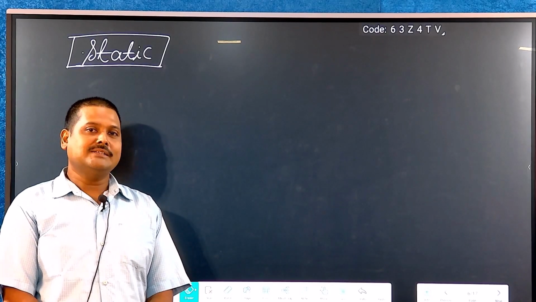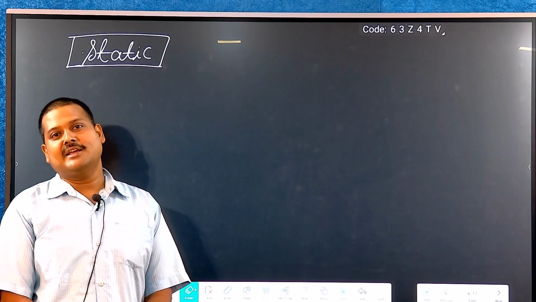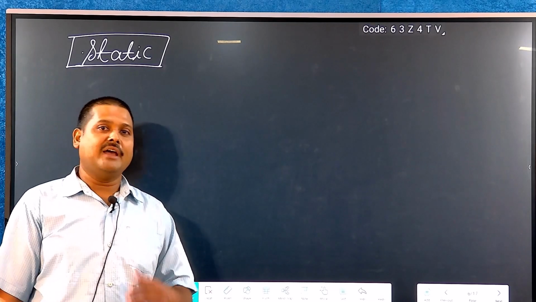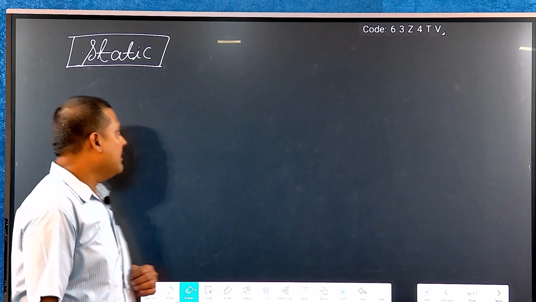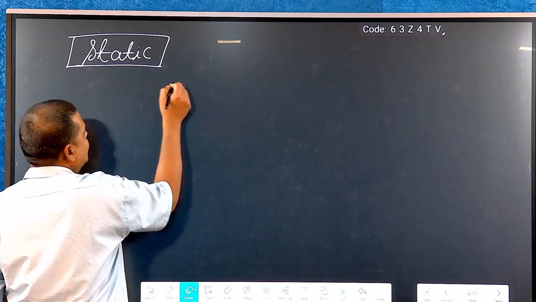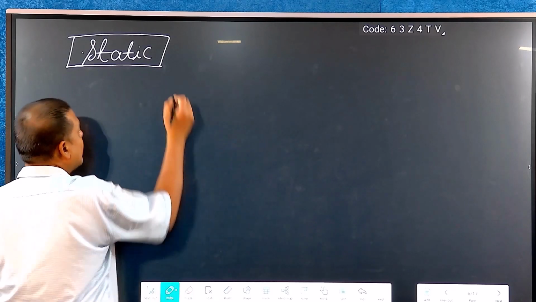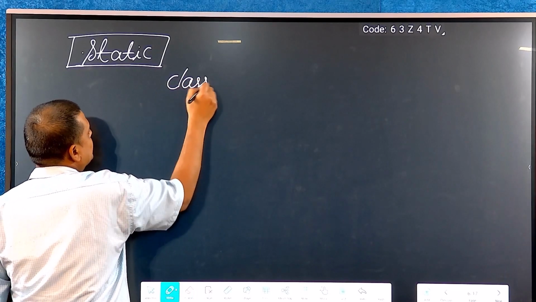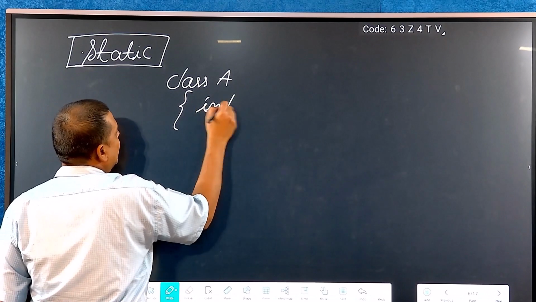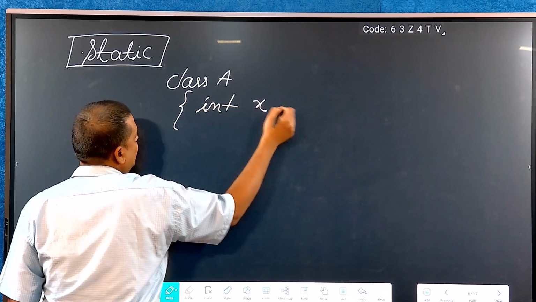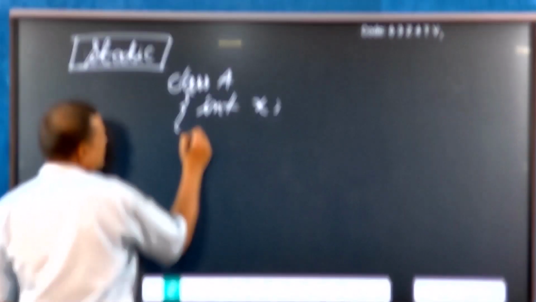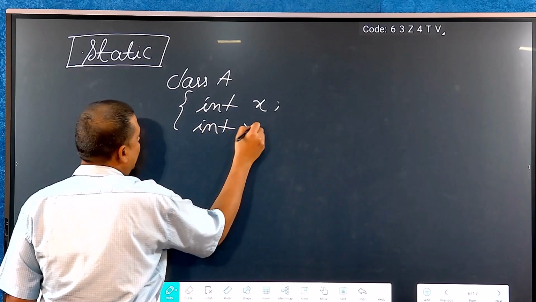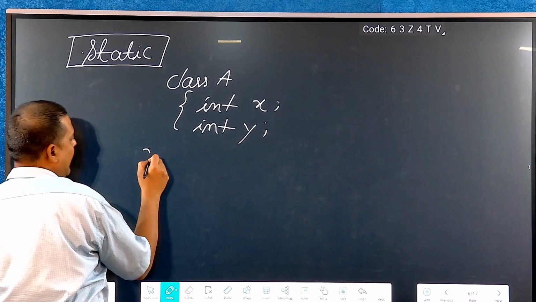Hello, let us have a look at how the static non-access modifier, or specifier, behaves with variables or methods. Let us have a look. We have a class A having a variable int x, and we are going to write another variable int y, and we have a particular method